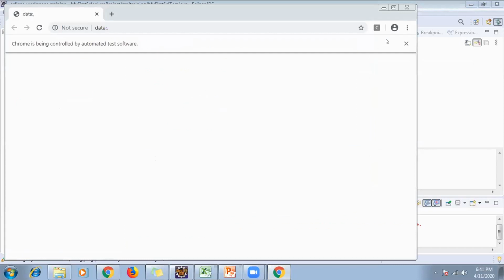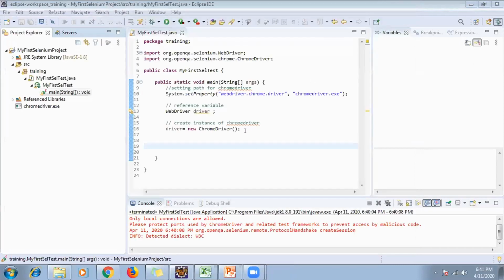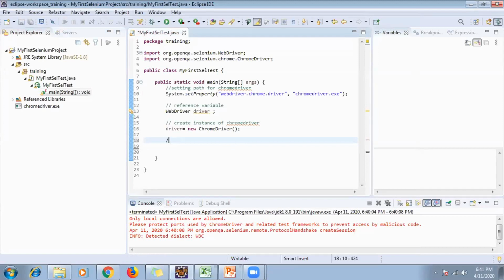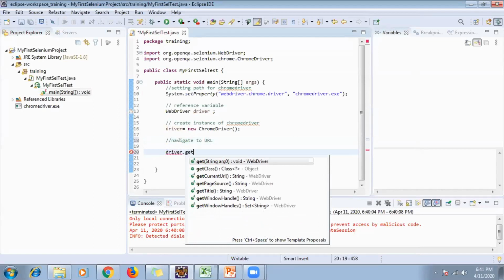What would be the next step? As someone mentioned, the URL. We'll pass the URL. So the next step, there is a method with the WebDriver, driver dot get.